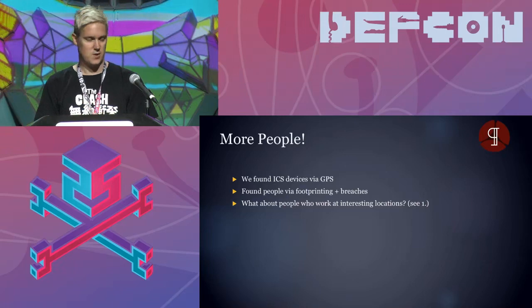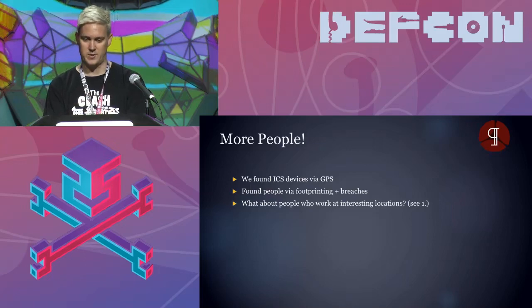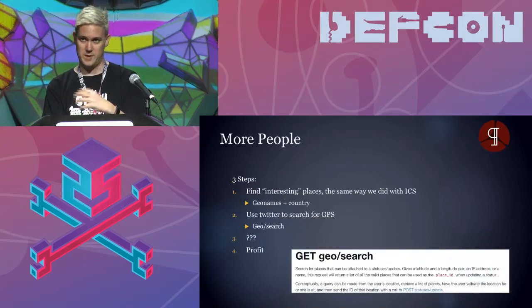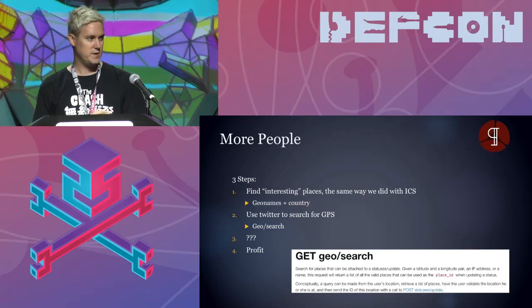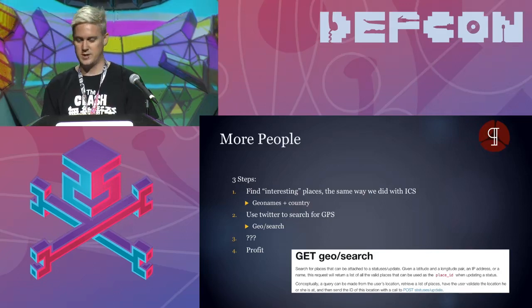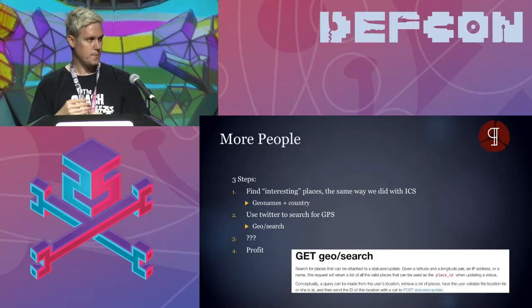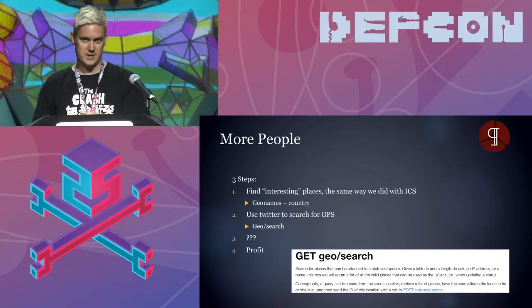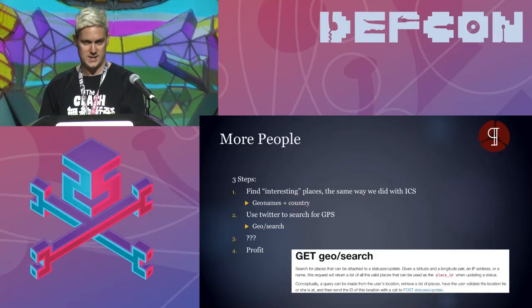So what I can do is try and find people who work there. And if I can't find it in the organization, like a lot of the places are very sensitive about what's out there, I can try with the one method that I use now with the CIA, or I can do something like this. Twitter has this great function called geo-search, right? Which means I can put in GPS coordinates and say, show me anyone that's made a tweet around here. And if I can get that out, I can then start profiling that person, right? So I can see, hey, what did they say around here? So I can use the same method that I did for the ICS devices.